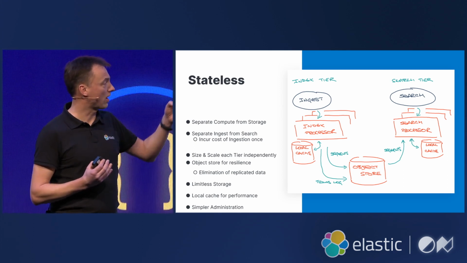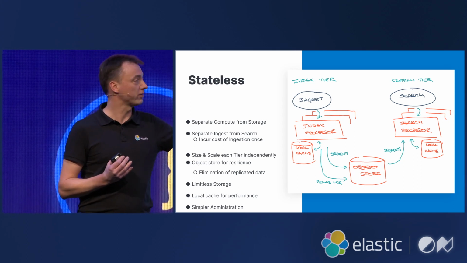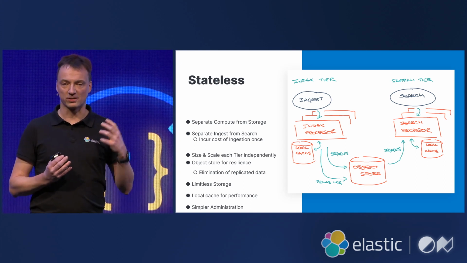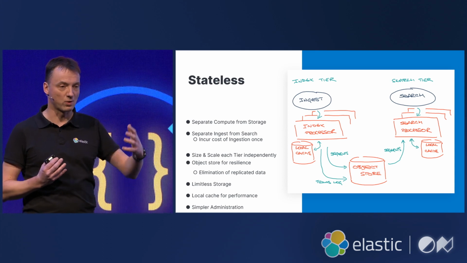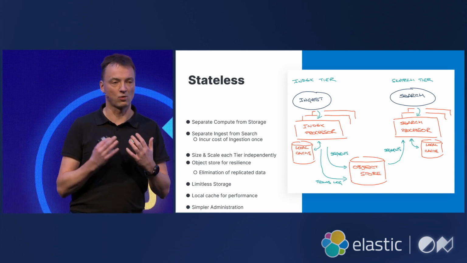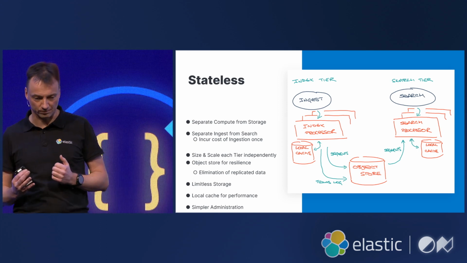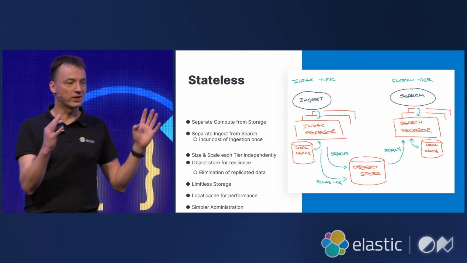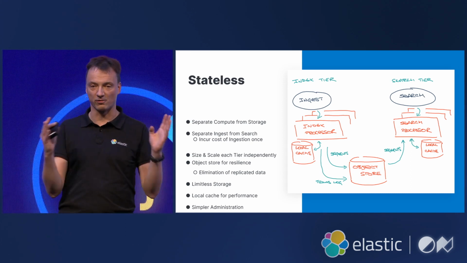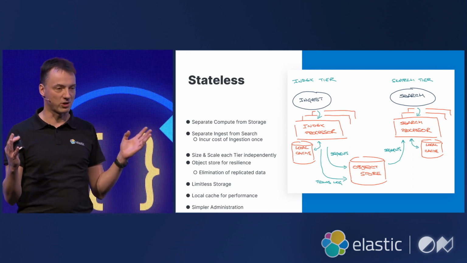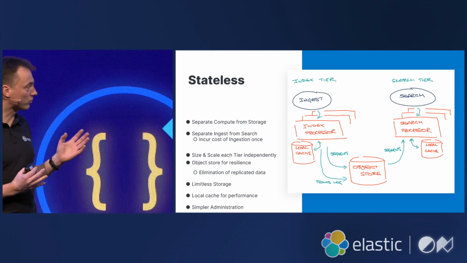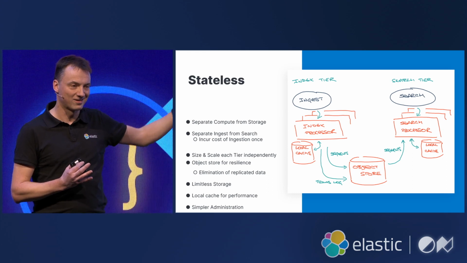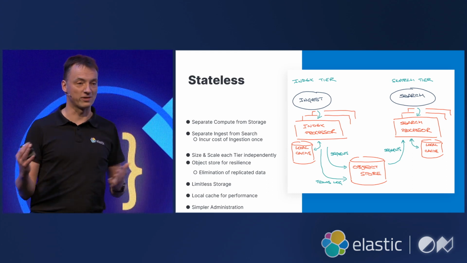Also note now how the indexing workload only has to happen once on the indexing tier. There's no need to run a replication process that would consume additional CPU and IOPS once more, because the resilience of data is already safely handled by the object store. Also notice that there's no state on any of the nodes. There's only caches, and we consider the caches ephemeral. This is hence the name Stateless of this project. This is also important in the same way as we talked about already, in that if one of the nodes should fail, well, data is still safely stored in the object store.